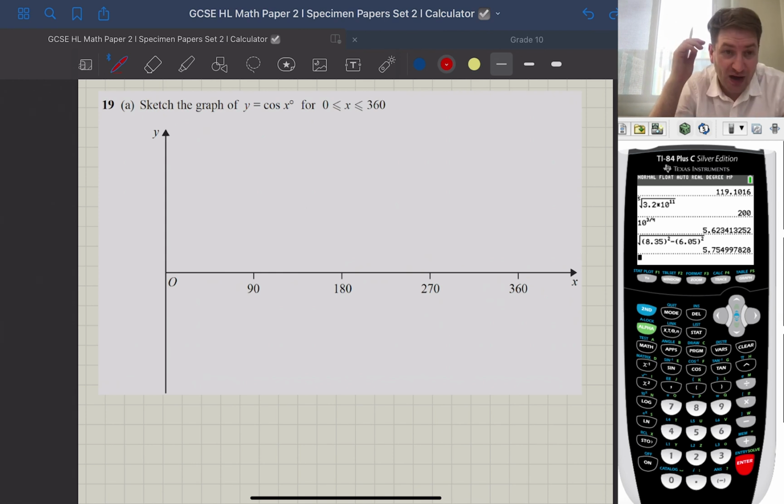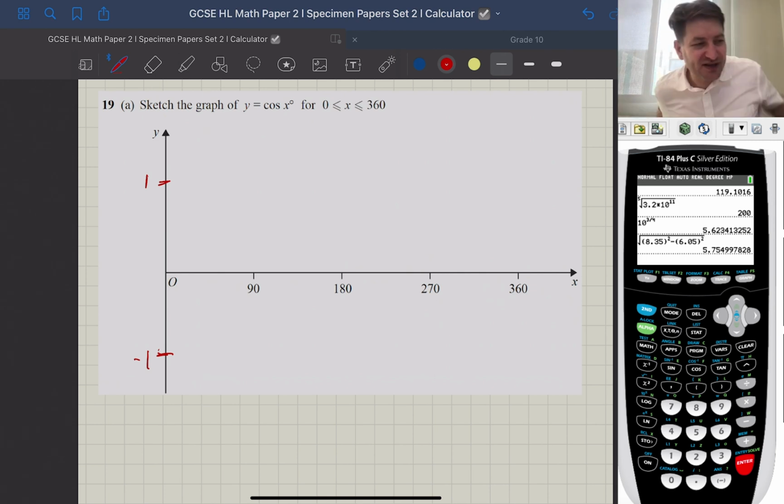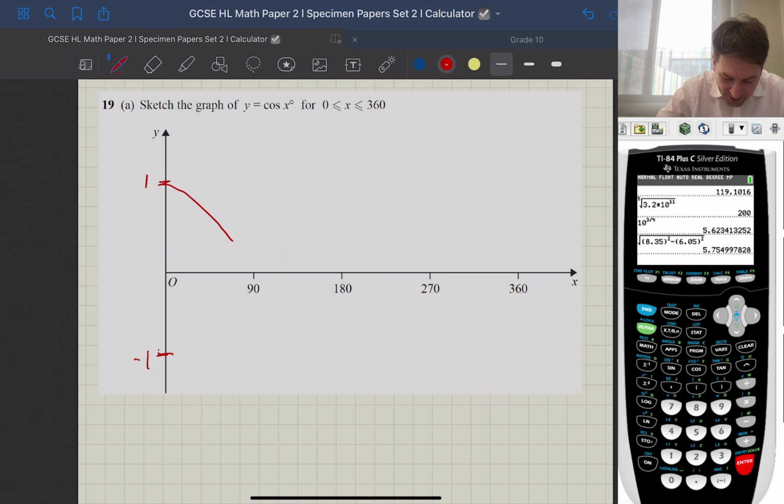So I would say there are certain things you have to remember. 1066, what's that? Great Fire of London. How do I know it? Because I've learned it. Somehow that stuck in my head. And so in terms of math, there are certain things, like in history, that you do need to remember. And the cosine graph essentially goes from 1, crosses at 90, peaks here at 180, then crosses at 270,